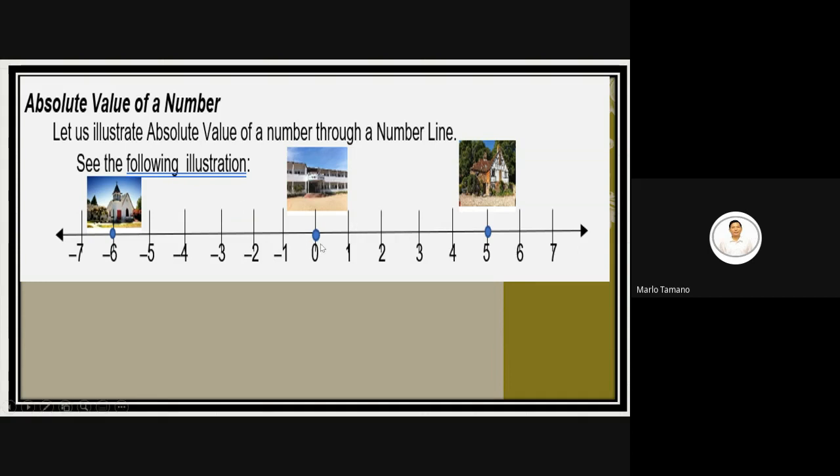Then 0 corresponds to a school. You can find the school at point 0. Next, we have here 5 corresponds to a house. Let's see how to get the absolute value of a number